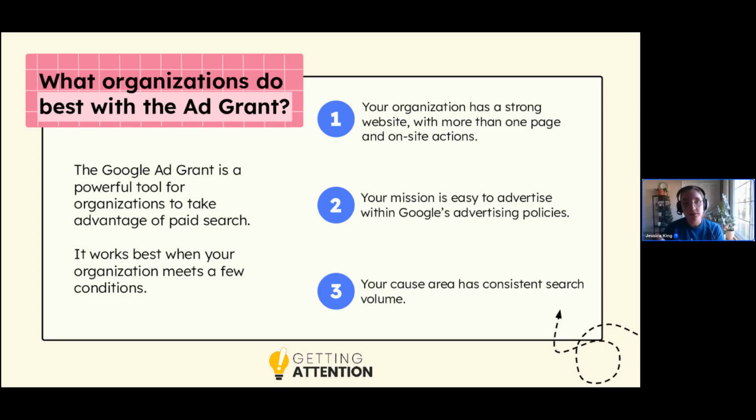The advertising policies exist for a good reason. Ideally, they're meant to not exploit vulnerable groups. But in practice, even with the Google Ad Grant, what it means is that sometimes the ads are so limited in what they can show that it's difficult to get in front of a wide enough audience to see a really good benefit from it. So, a couple of examples of types of organizations we've seen that with are certain faith-based groups.